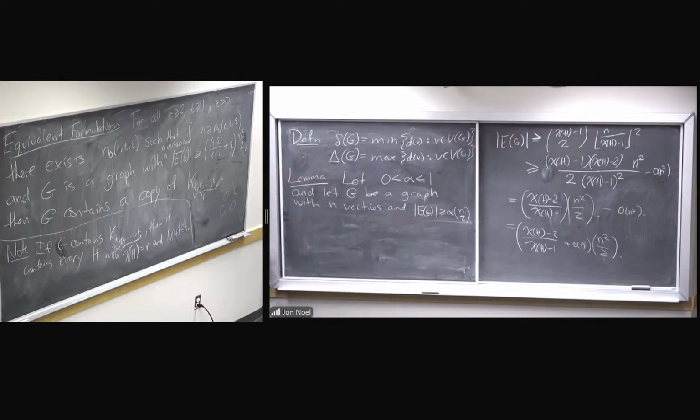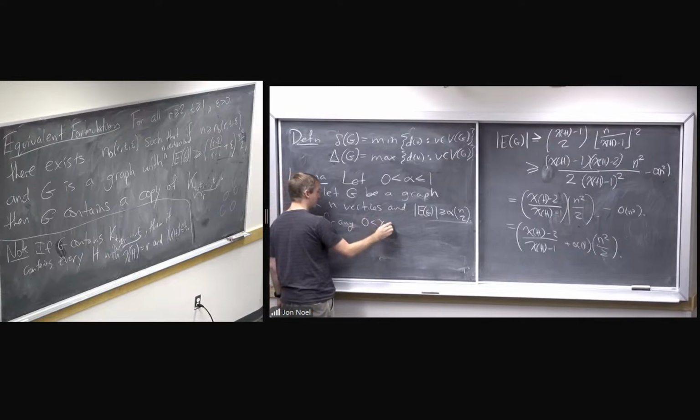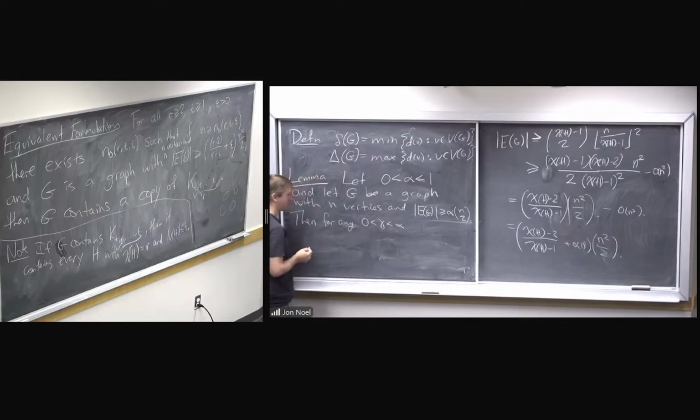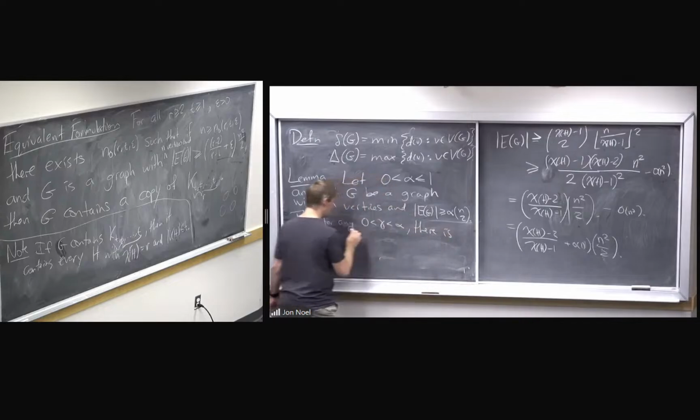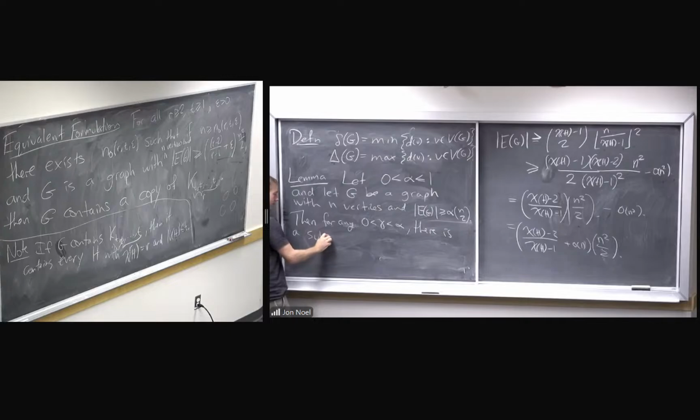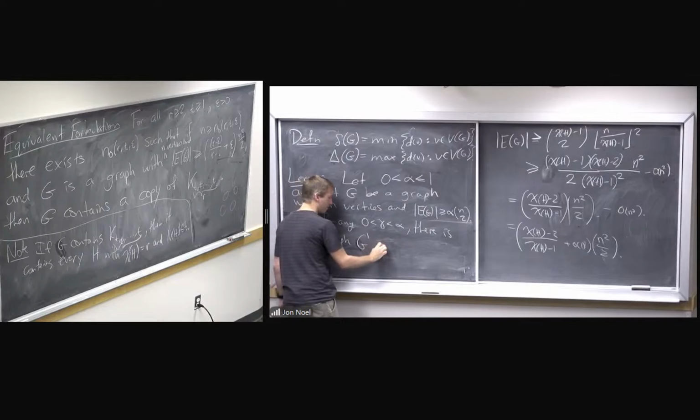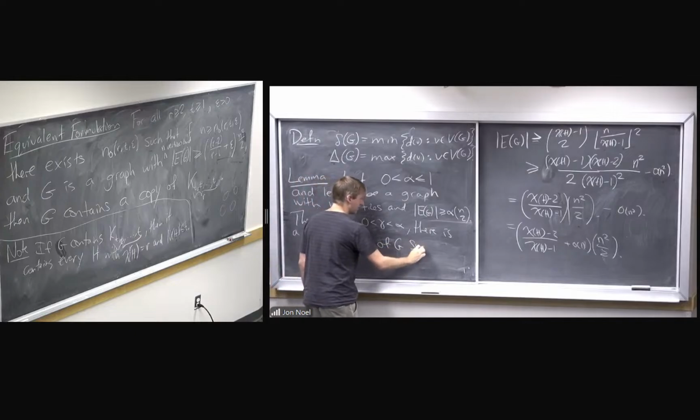What percentage of the edges does it have? Then for any gamma strictly between 0 and alpha, there is a subgraph G prime of G such that,